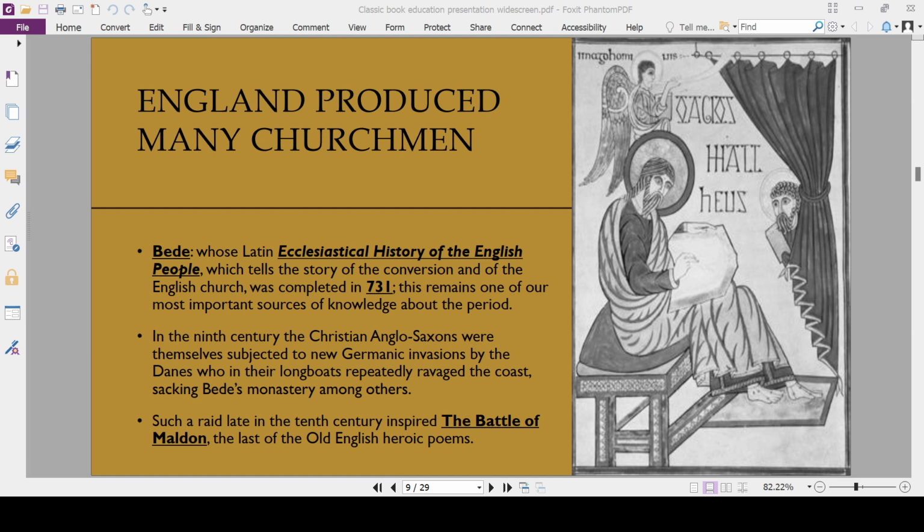Now, we have to talk about some of these people. During this era, England and Britain witnessed the emergence of numerous clergymen, people who were associated with the church. And Bede was actually one of the most preeminent figures among them. Now, Bede authored a renowned work called The Ecclesiastical History of the English People. It is a seminal narrative recounting the conversion of the people and, of course, the evolution of the English church. It was completed in 1731, and this book holds paramount significance for us as a key source of information regarding